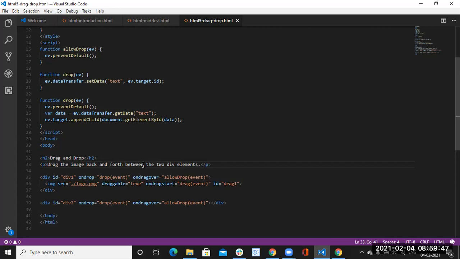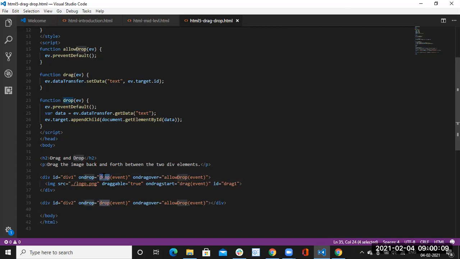First, I have taken one div, with the ID div one, and ondrop is an event. Ondrop means when I am dropping an image from one div to another div, we will call the drop method. ondrop is an event and drop is a method.